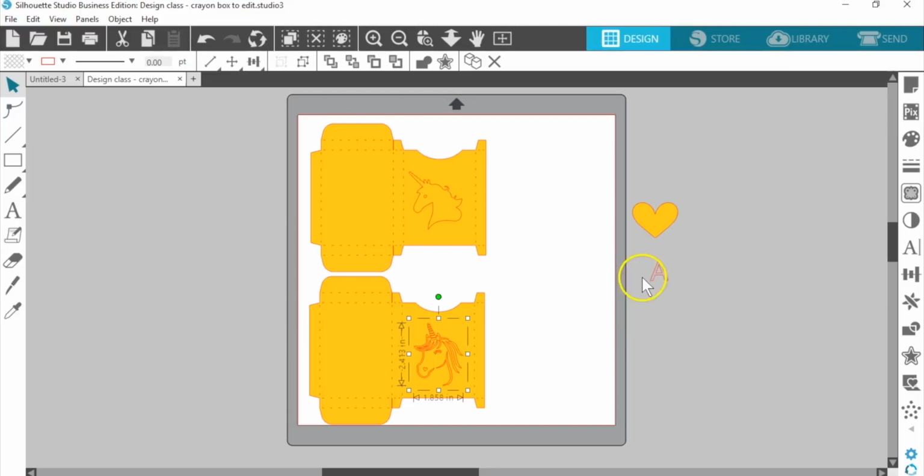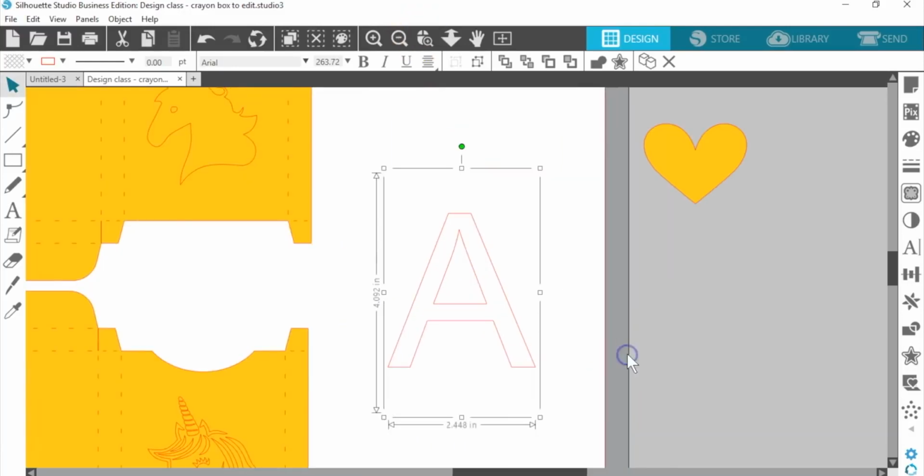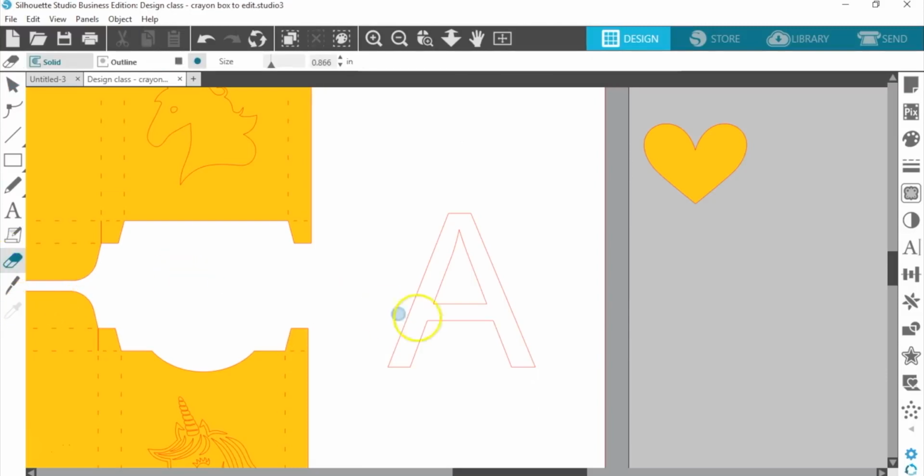So let's look at the letter A again, and I'm going to show you how you can actually convert that to a stencil. We need to create a gap right here so the inner hole is connected to the outside area, the background. You can do that with the knife or the eraser tool. The eraser tool is a little bit bigger, but you don't have a lot of control, and the knife tool will give you a straight line. And so it's got a nice visible indicator.